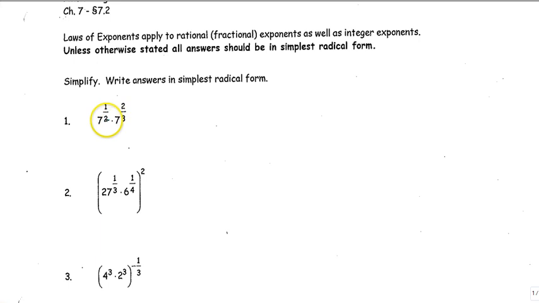So let's use some of our exponent properties to see what we can do. Number one, we have the same base, but different exponents. So when you multiply the same base, you add the exponents. However, we can't add the exponents unless they match. So we have to turn these both into sixths. So 1/2 is the same thing as 3/6, times 7, and then to make this a 6 we multiply by 2, we get 4/6,